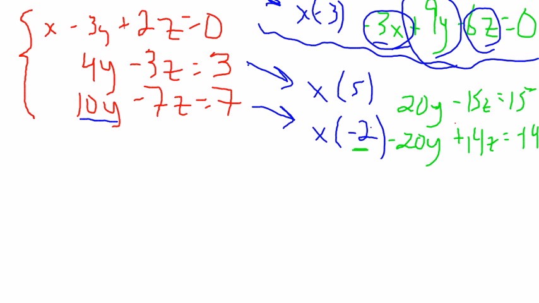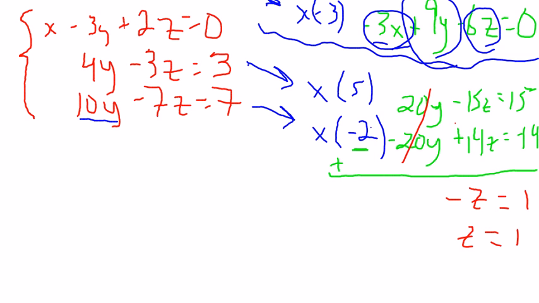Now I'm going to add these lines. And that gives me, these guys go away. 20y, negative 20y, they add to 0. That was my target. This gives me negative z equals a positive 1,